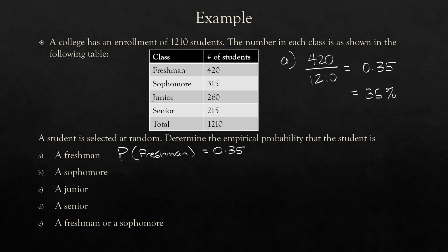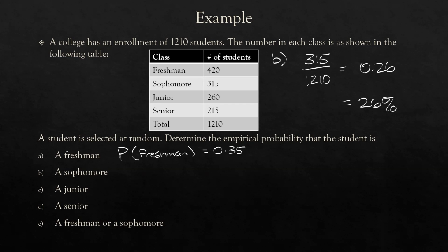So we do the same thing for sophomores. You're just taking the number of sophomores and dividing it by the total number of students. So there are 315 sophomores divided by 1,210 total students. Doing the top divided by the bottom is going to give a 0.26 or 26%. So the probability that the student is a sophomore